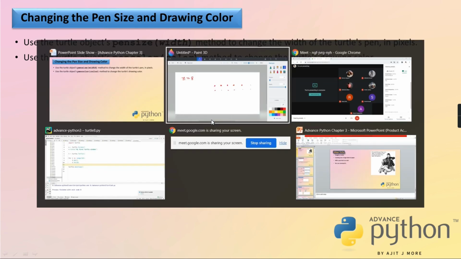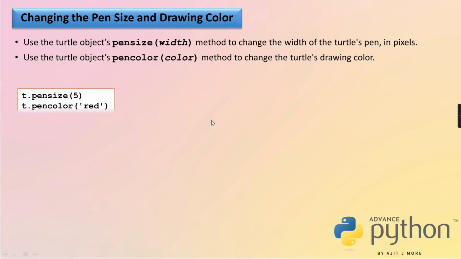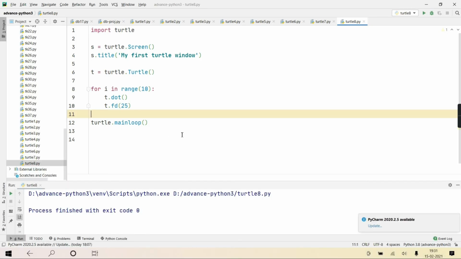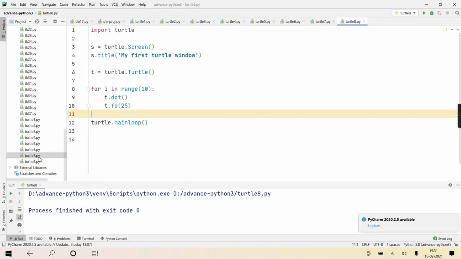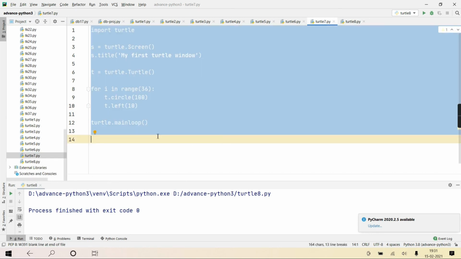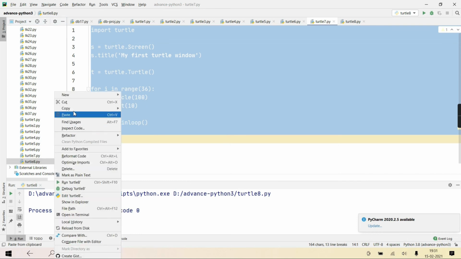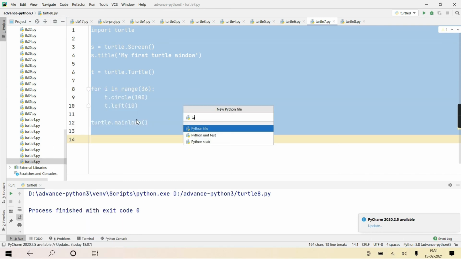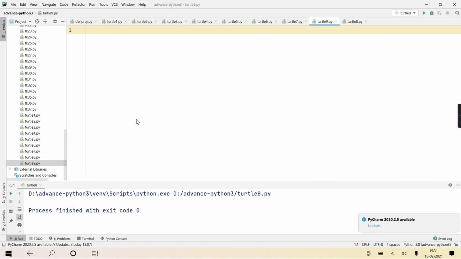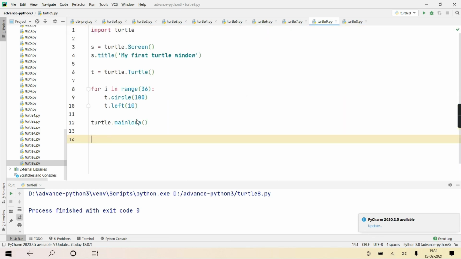Okay? Example, just quickly I'll tell you. Here also you can take. See, pen size set is 5, pen color set is red, and then you are drawing a circle with 100. Okay? This circle drawing example which I took, in that only one small change I'll put. I'll create a new script, turtle 9. Okay? And once the chapter is over, means all the concepts I'll teach you, then I'll give you some sample patterns for drawing. And let's see all the knowledge whether you are going to use it properly and draw those patterns.